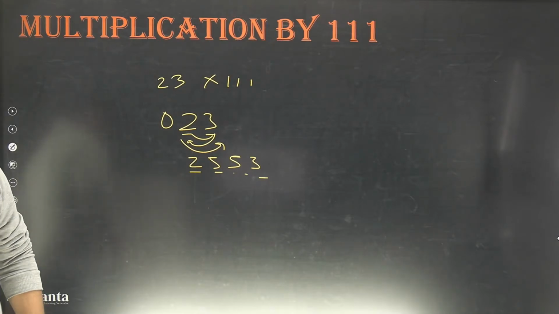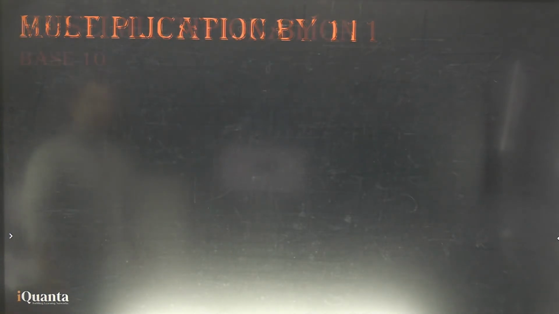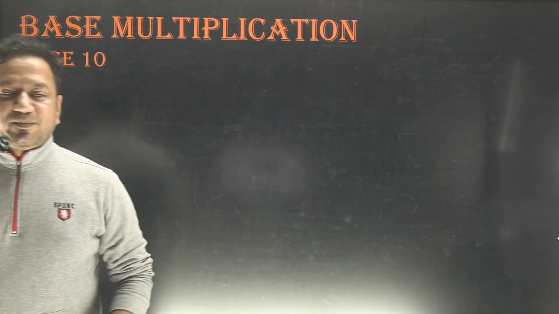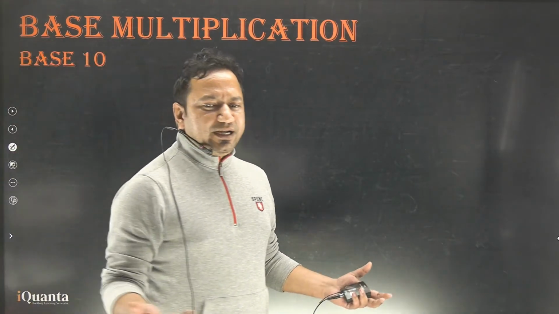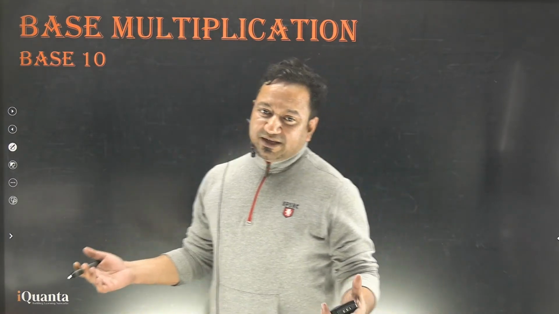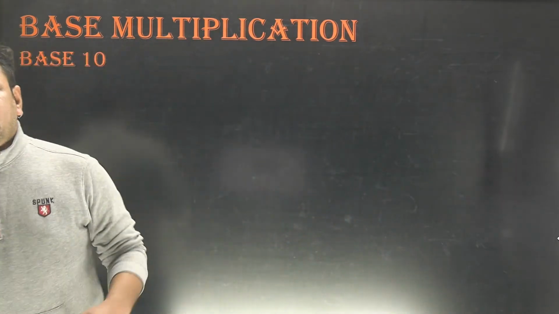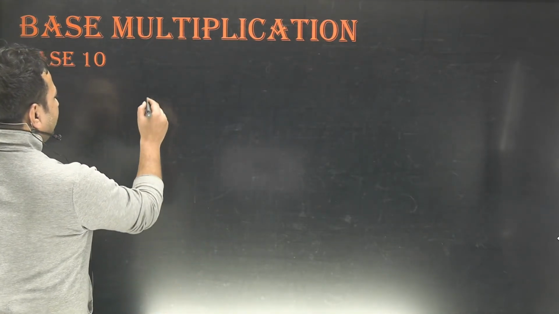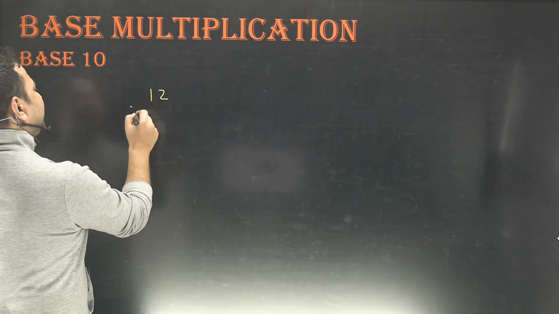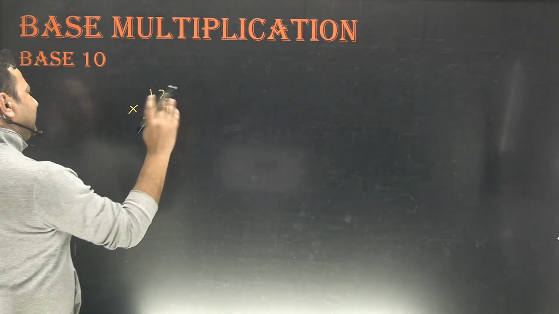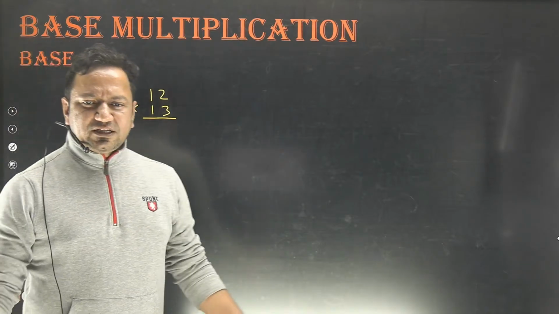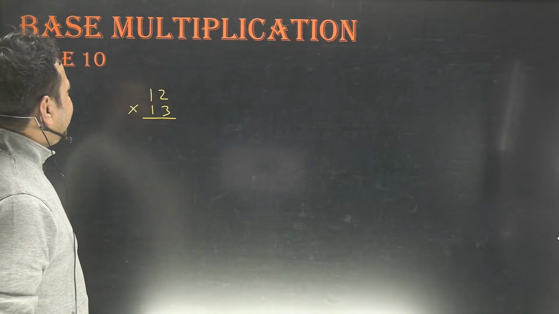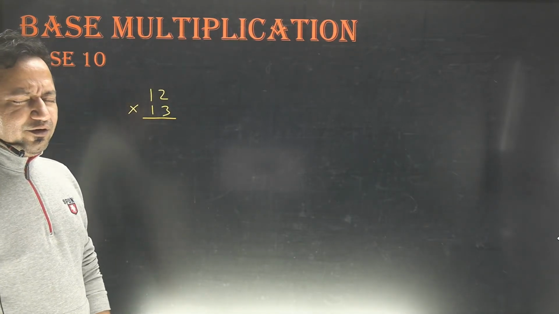Now we'll do something more exciting, and that is base multiplication. Base multiplication. Now what is base? Base can be a multiple of 10. So the first multiple of 10 is 10 itself. And if you want to multiply numbers which are close to 10, how do we do it? So if someone asks you, what is 12 multiplied by 13? You can very well do it by using conventional approach, right? But here what we'll do, just look at this. You will just fall in love with it, I'm sure.